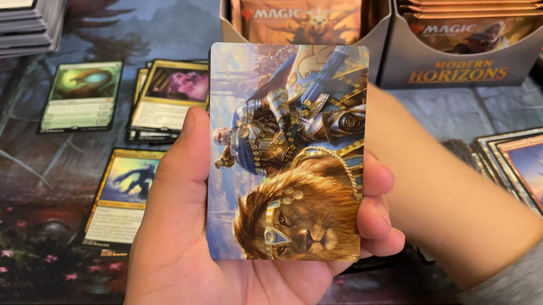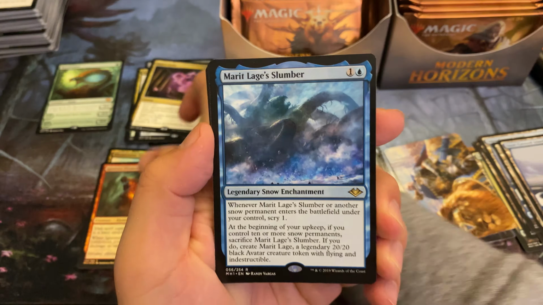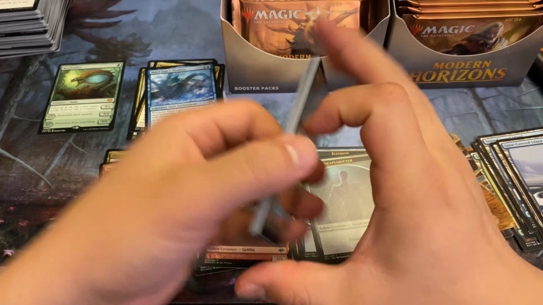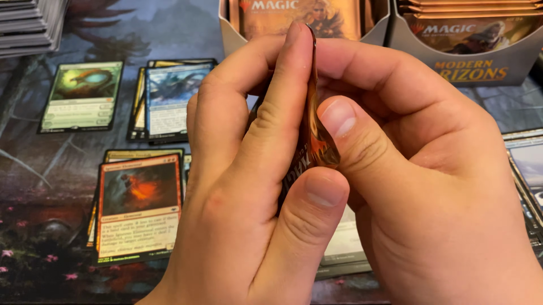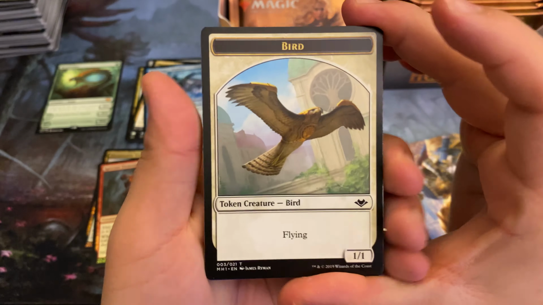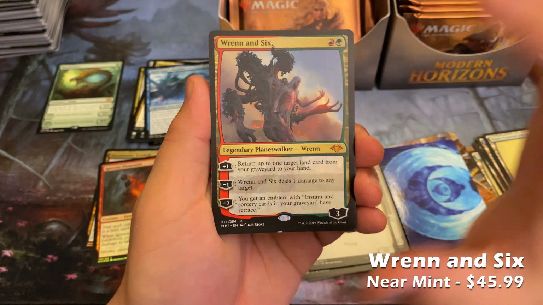All right, here's our foil Goblin token, our art card, and another snow-covered land, our foil Igneous Elemental, and a Merit Lage's Slumber. All right. I believe a couple of the Talismans might be over $1, but the majority of cards in Modern Horizons, the value is in the rare and the mythic. Force of Negation, of course, is the rare that we're chasing, and of the mythics, there's a plethora, Urza being one of them for sure. Now, another cool thing about this set was since there was never a collector